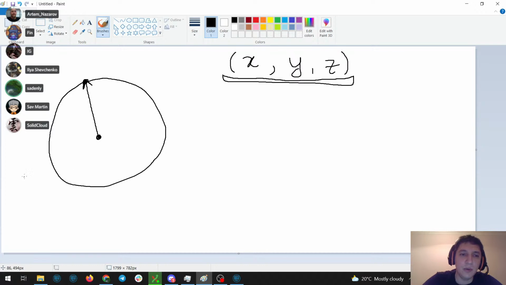So if we have this parent point, then we know that this point is located on a sphere, and so we have to define the position. Let me call it child, and this one parent.